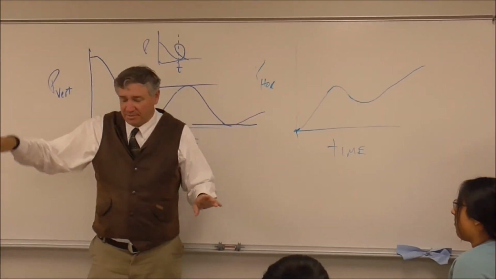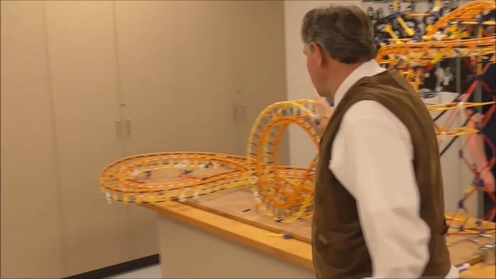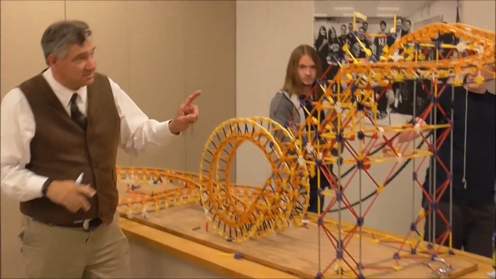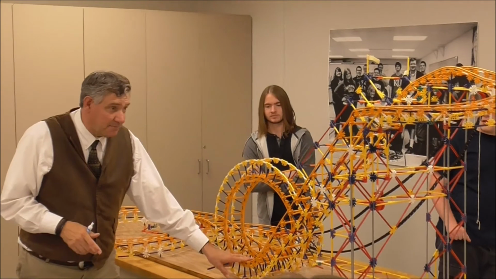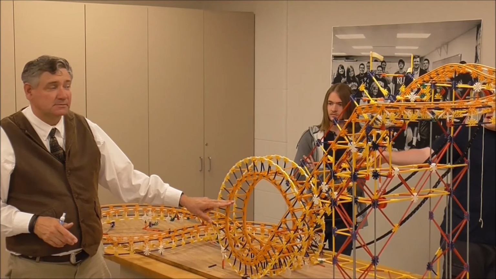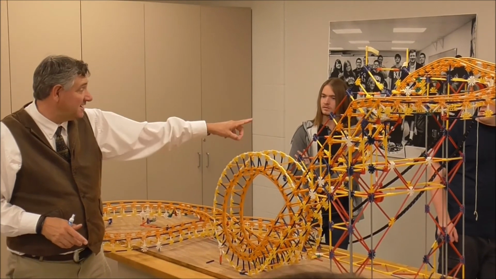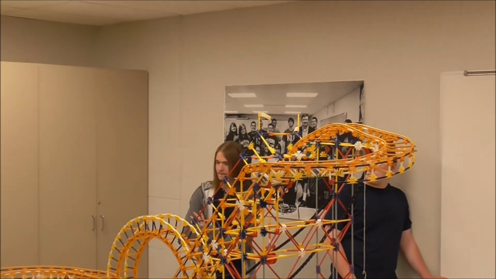Now, however, we do have a loop. So, on this point, right here, where is the cart on the roller coaster at that top relative maximum? Is it at the bottom, or is it at the side? Why? Because that's when it's farthest away from the reference point. Yeah, because if you look at this coming in,